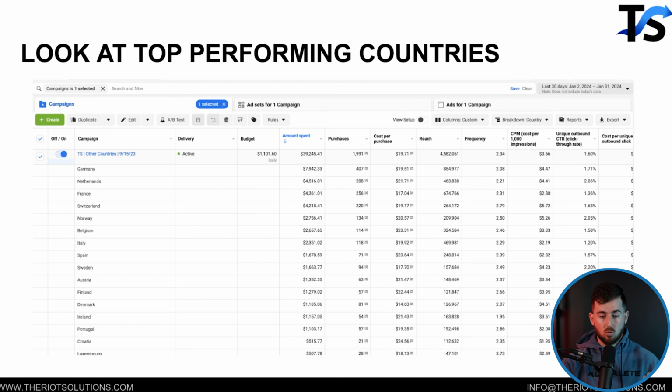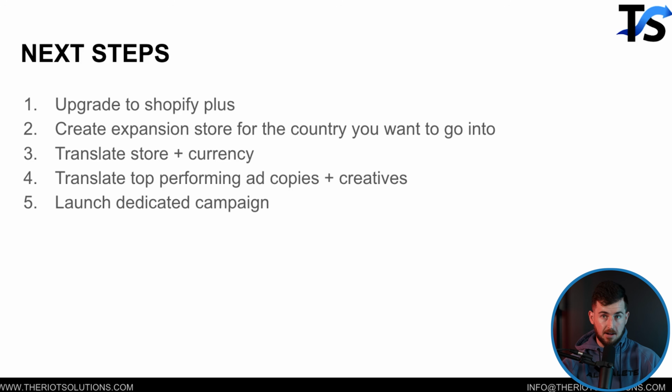We look at, all right, what's the highest spending country? And then we upgrade to Shopify Plus, where we can create expansion stores, which are just like mini sub stores within Shopify. And we can have a designated campaign or a designated domain per store. So we could have Germany, I think it's DE, correct me if I'm wrong. So we could do DE.nicktheriot.org,